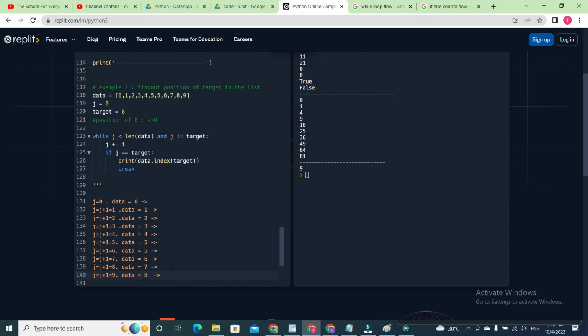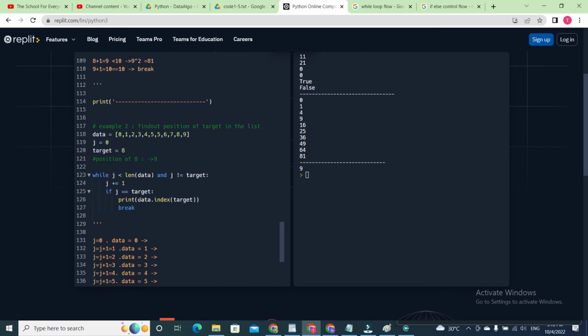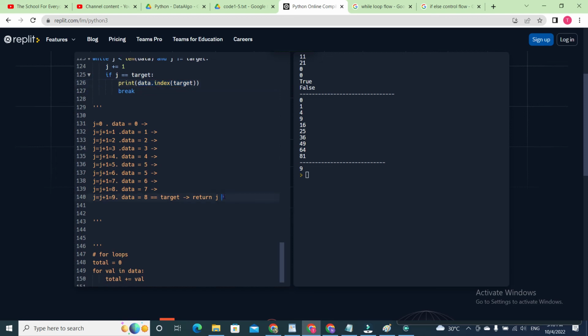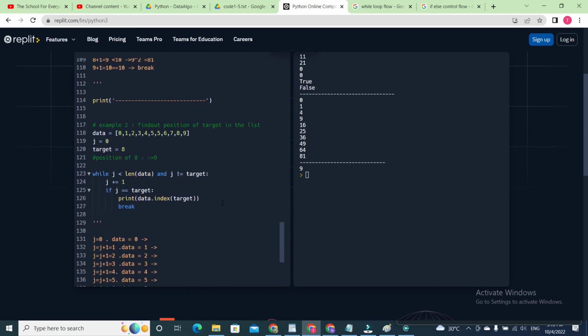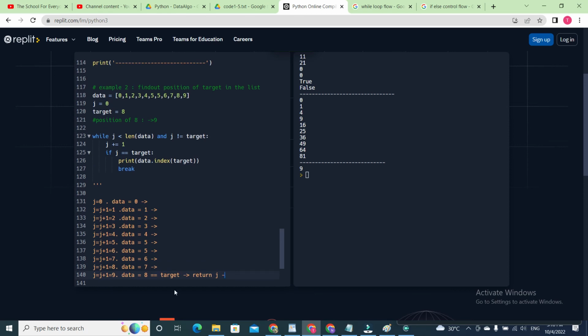8 is the target, it is equal to the target. So here we're going to return j. Okay, return j. So to return j, we're going to use the method of data.index of target. Okay, so here we're going to break out of the loop, because we have found j equal to target, j is equal to 9, and the target is